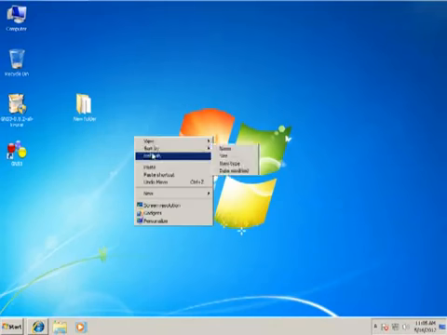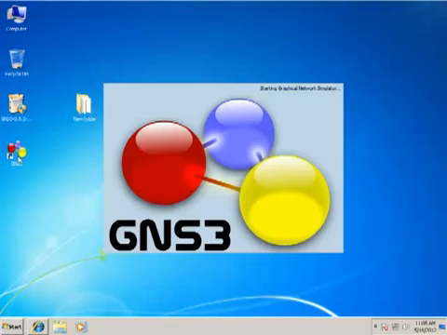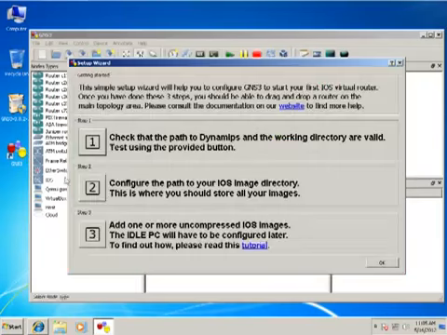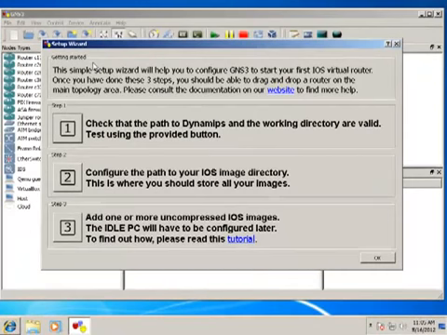Okay, installation is done now. Let's run GNS3. Okay, over here you have the setup wizard. There are a few steps to complete before using it. The first one, you have to set the path to Dynamips. So you're going to configure and test the path